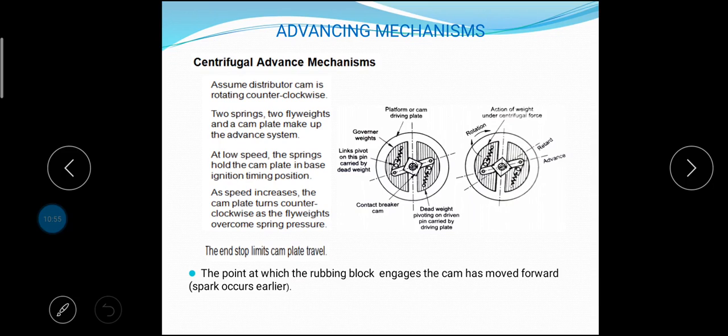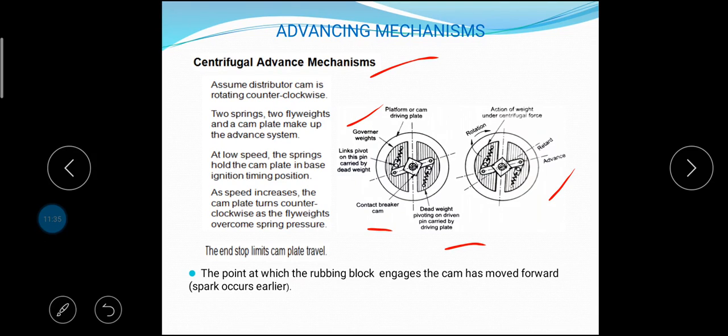First, centrifugal advance mechanism. In this case, the centrifugal advance mechanism consists of spring-loaded weights mounted on a platform and connected to the contact breaker cam. The platform is rotated by a shaft driven from the engine crankshaft. When the engine speed increases, the platform rotates and causes the weights to move outward, which turns the cam and so alters the timing. This mechanism acts as a flexible coupling in the drive.